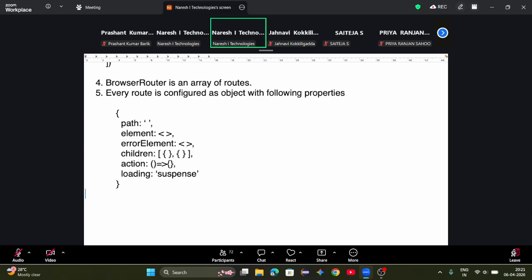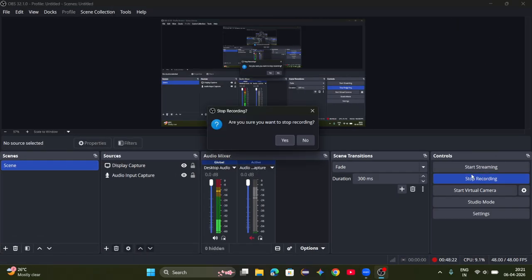Now remember, one basic thing: people without knowledge think about routes this way, because whenever we teach routes, all these are very common points, right? Some people come and ask, like, sir, in real time projects, they use only browser router in a separate file. Okay. Now, that's a silly concept. Why? Because if so, then why browser